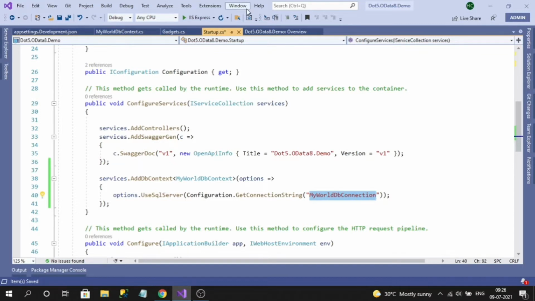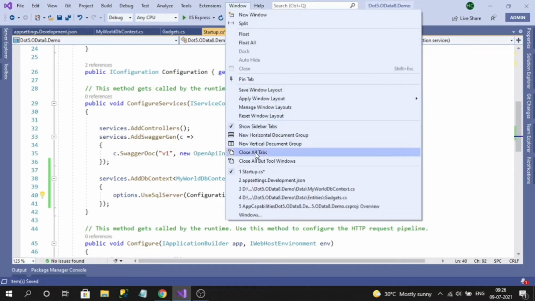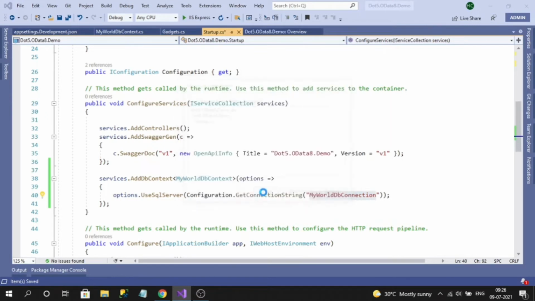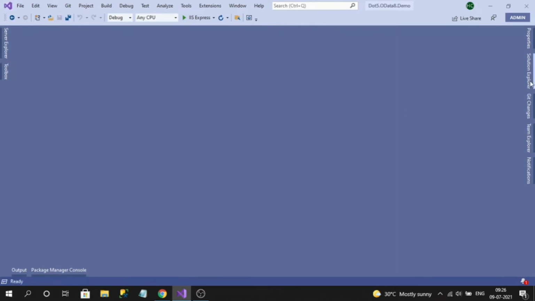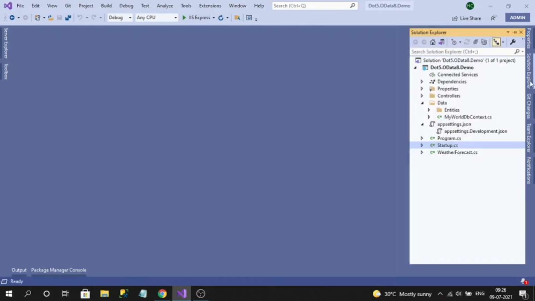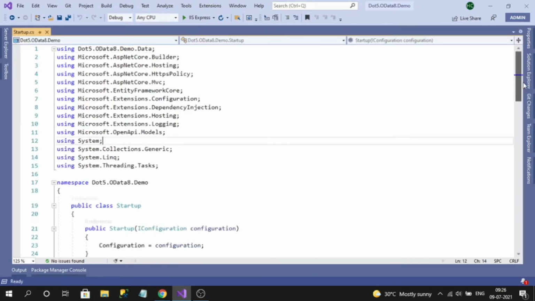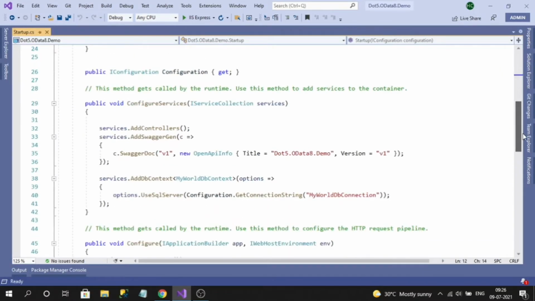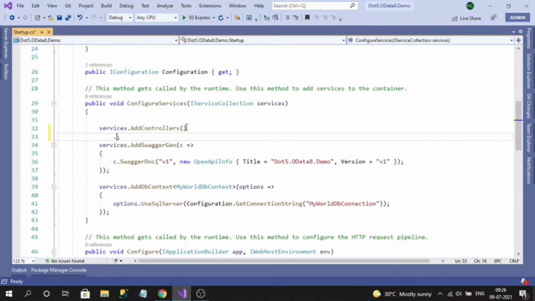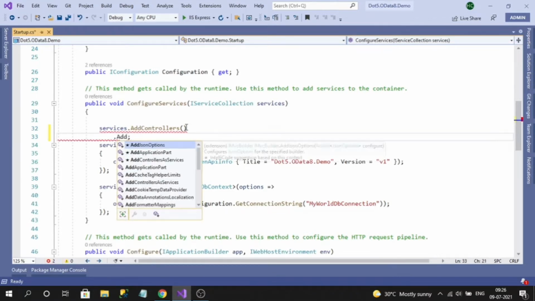So now we can jump back to our OData configuration. So in the startup only. So to configure OData, we need to register the OData service. At the controller itself, we can register. So AddOData.